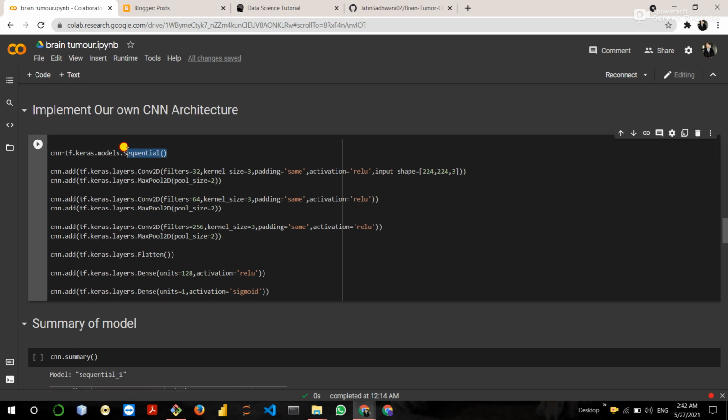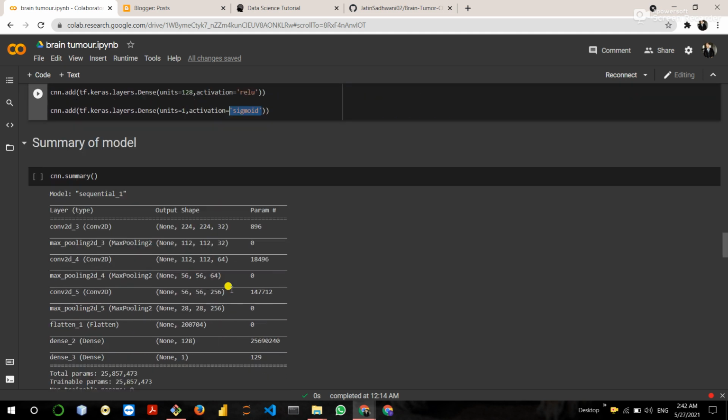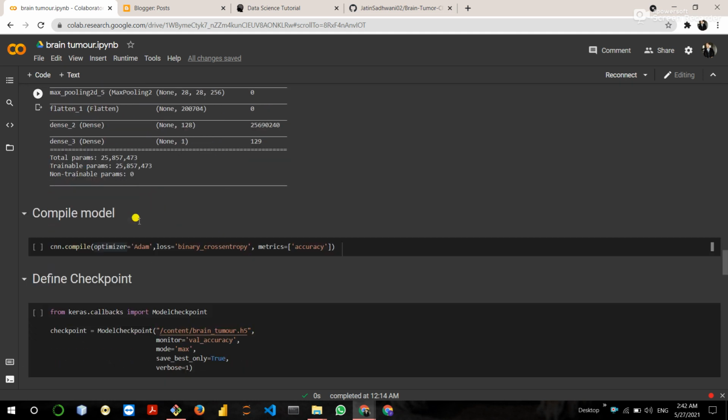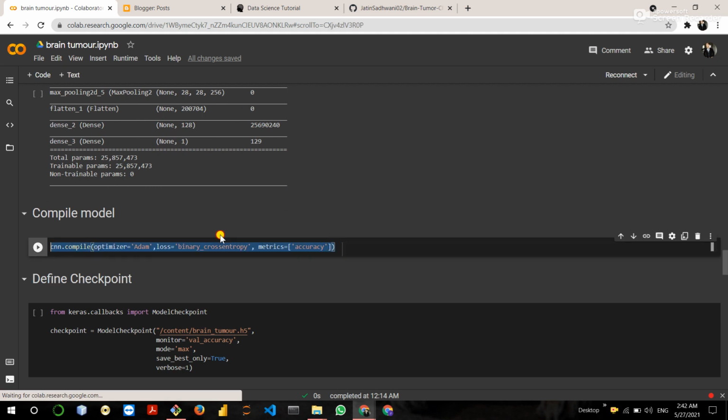Here I use the sequential model, then I define a Conv2D layer, then MaxPool2D, then again Conv2D, then MaxPool2D, then again Conv2D, then MaxPool2D, then define my flatten layer to convert into a vector, then define my dense layer, and this is my final output layer. I used the sigmoid activation function here because this is a binary classification problem. Then check my summary, then compile my model.